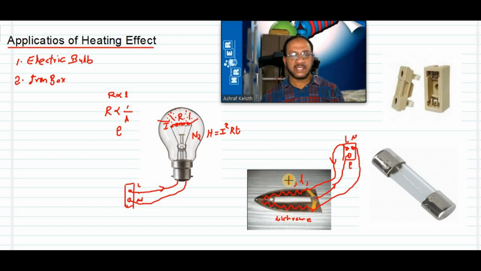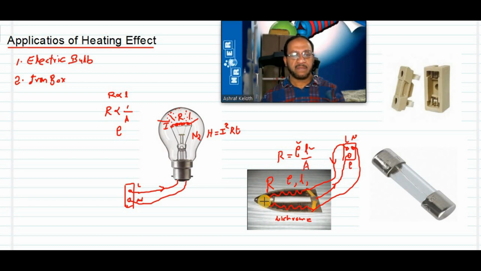The one reason is it has high resistivity, rho value. What is the equation of resistance? R equals rho L by A. So the resistance of the heating element is made maximum by using nichrome. It has a high resistivity value, then making it zigzag makes the length maximum, and it will be a thin wire, so the cross-sectional area will be less, so resistance will be high. Because of all these effects, there will be very high resistance for this